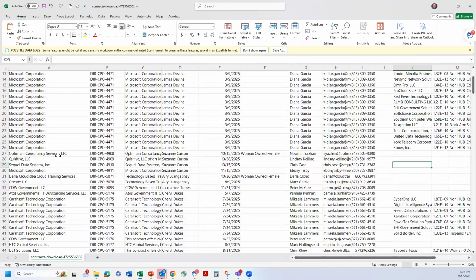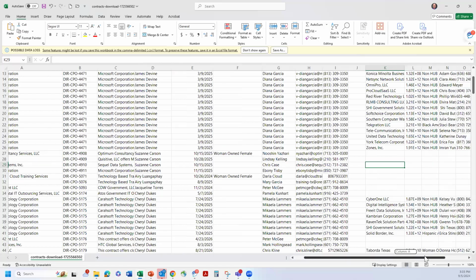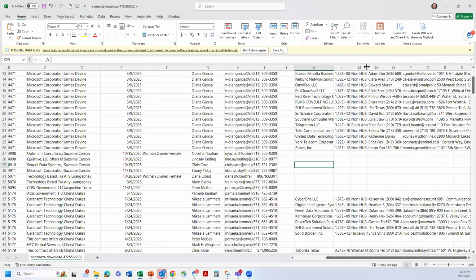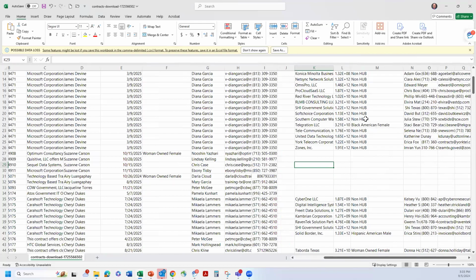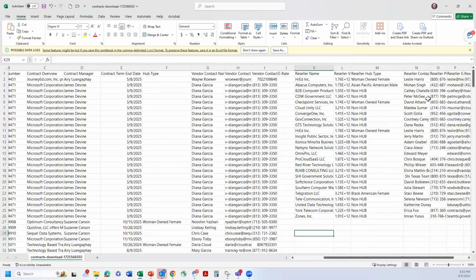The ones that are listed only once down here in this area, you don't have any resellers associated with them. So keep in mind that if you see multiple contracts listed, there are likely resellers associated with them. And then it also gives you that reseller information, whether they're a hub or a non-hub reseller, and then contact information for the resellers as well.